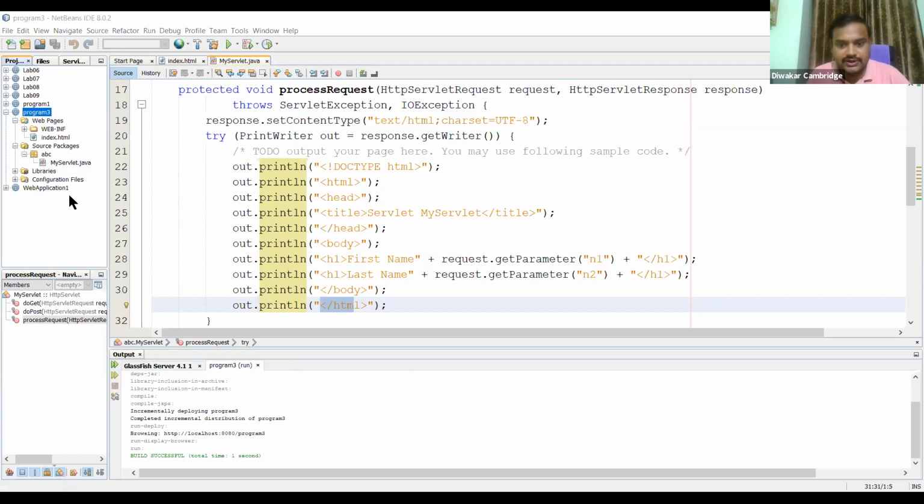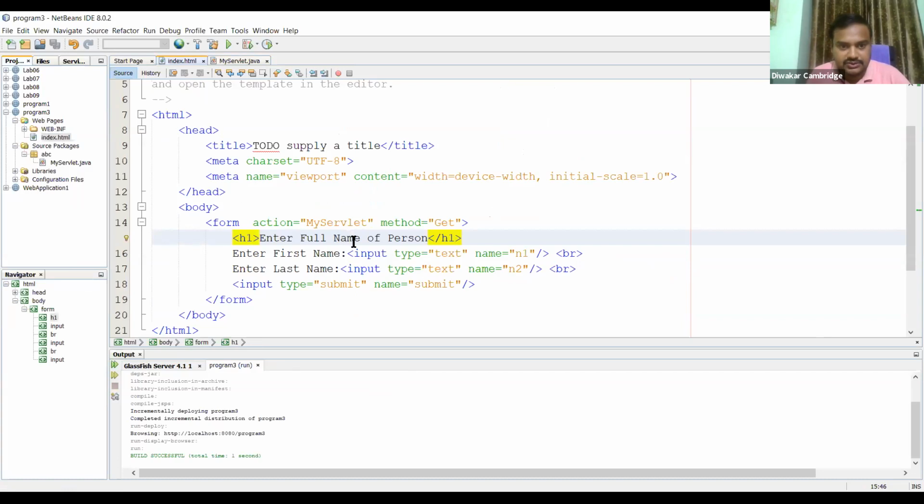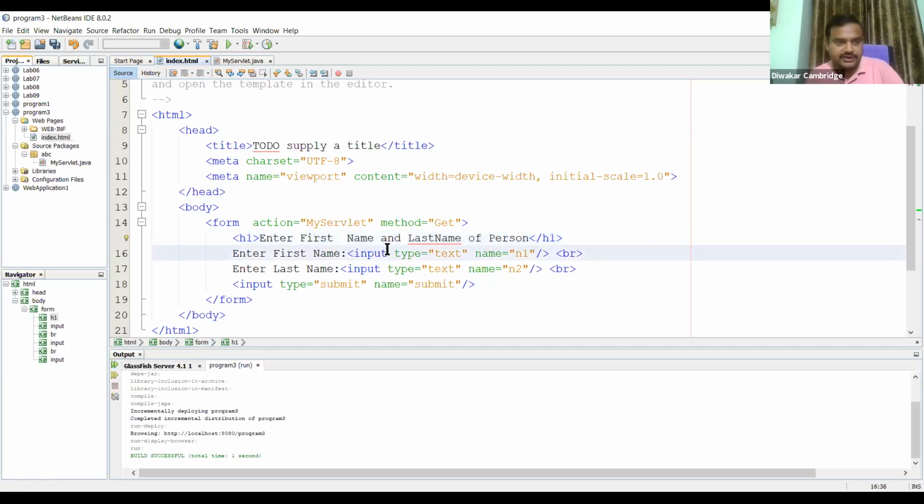You'll get some information here. You'll get some message: enter the first name and last name of a person. Some information you're going to get.